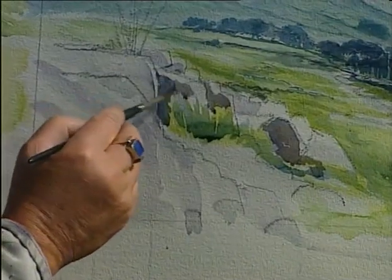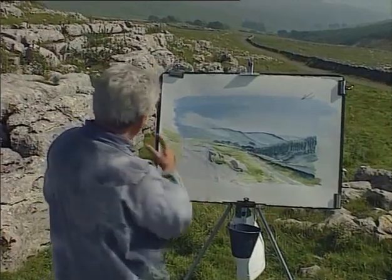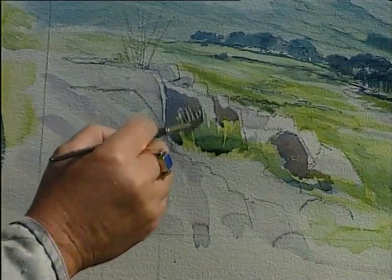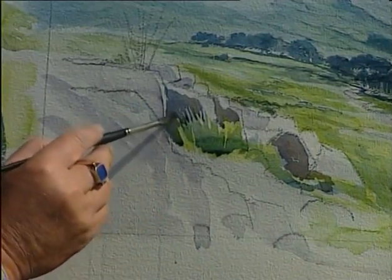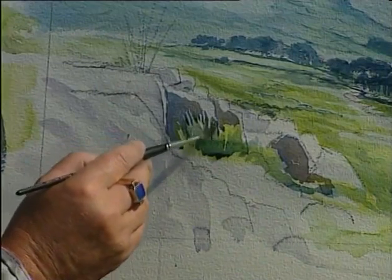Take it up, and down. At the same time, cutting in, we've got their weeds and thistles. So cutting in, shaping your weeds and thistles there. You're shaping the blades with the rock, with the shadow or the shade of the rock there. Shaping the